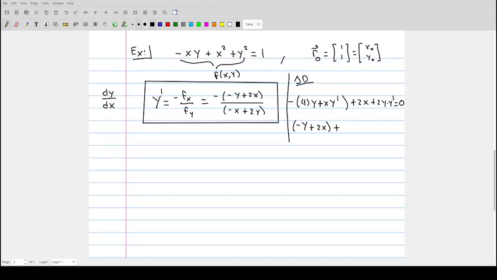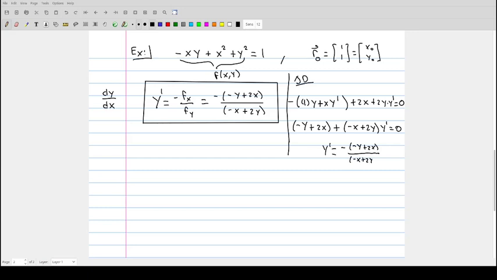This should be the derivative of x, which is 1, times y, plus x times the derivative of y, which is y prime. So that then gives us, when we factor out y prime, negative x plus 2y times y prime is equal to 0. And if you solve for y prime, you get that y prime is equal to negative y plus 2x divided by